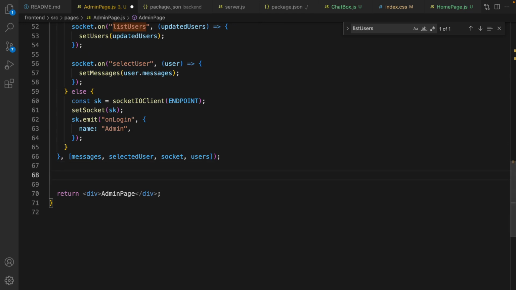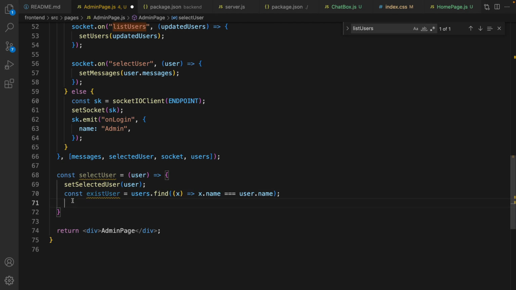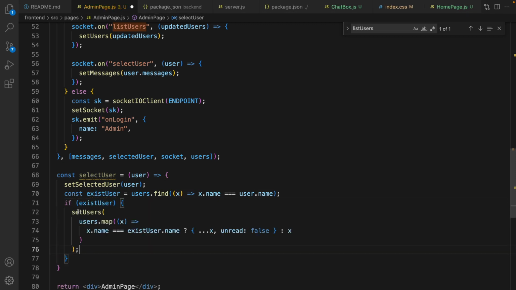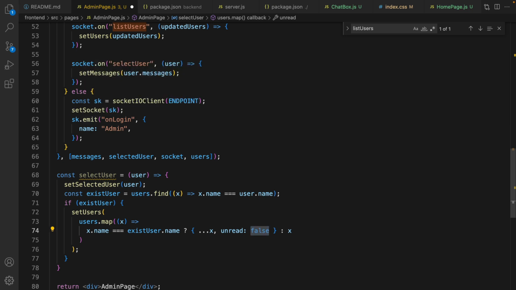The next function that I'm going to implement is selectUser. This function happens when admin clicks on a user. In this function, call setSelectedUser to update the selected user state hook and search in the user list for that user. If that user exists, then call setUsers, then update the users array and change the onRead state from true to false, because when you click on a user, the state of onRead should be changed to read. At the end, don't forget to call